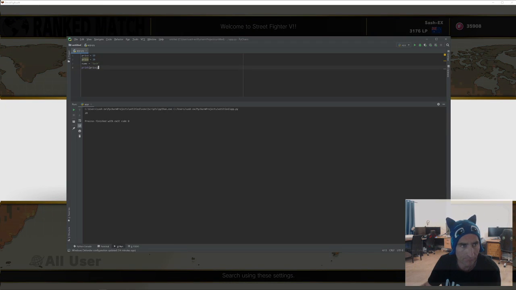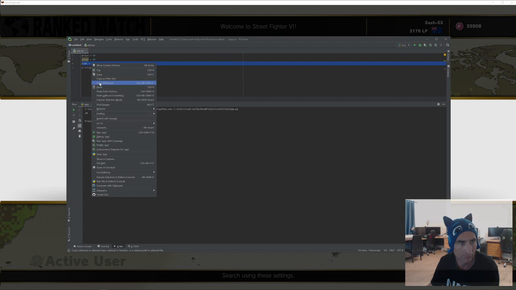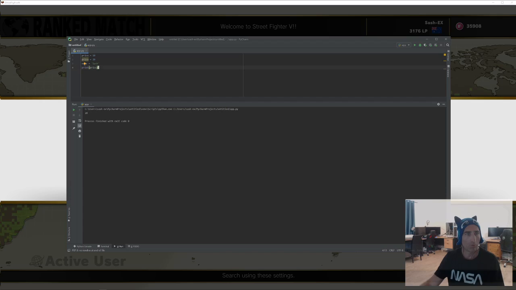Now, note that Python is a case-sensitive language, which means it's sensitive to lowercase and uppercase characters. So when defining variables, we should always use lowercase letters. But here, false and true are special keywords in the language. So if we spell it with a lowercase f, Python doesn't understand it. You can see we have a red underline here, which indicates an error. So make sure to spell this with a capital F, or if you want to set this to true, make sure